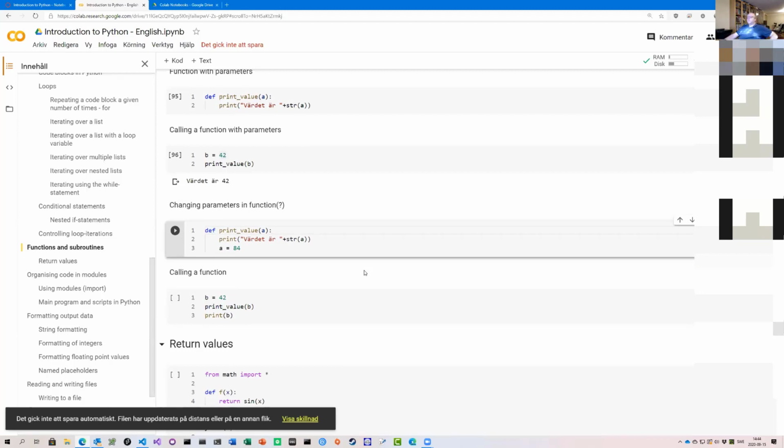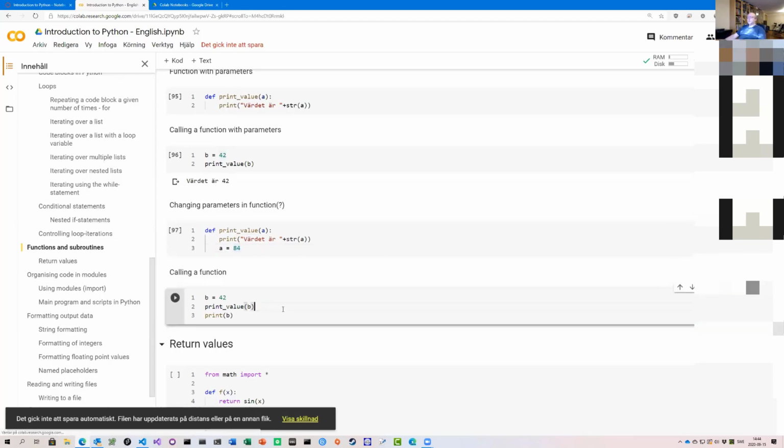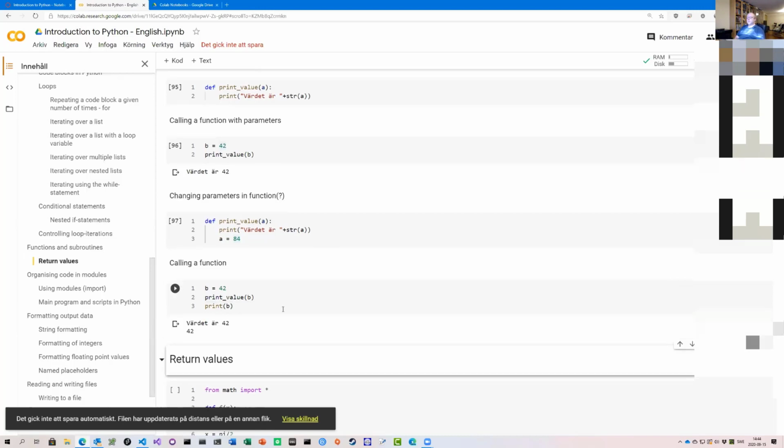The next one you can think a bit on, because this is not obvious all the time, but do you think the value will be changed if I do something like this? So if I print value A here, what will happen if I assign A equals 84? So this is an example here. I have B equals 42, print value B, and then I print B again here. We'll run it and see what happens here. So B is still 42